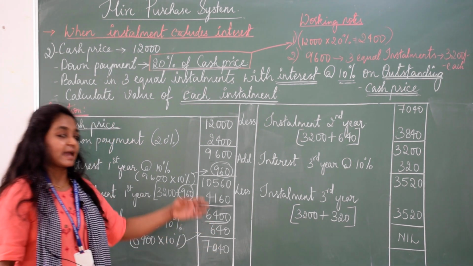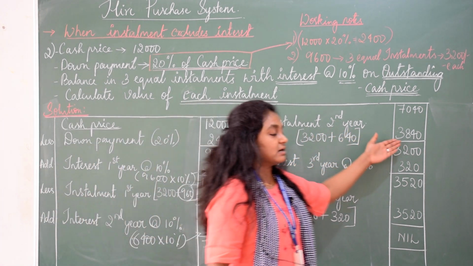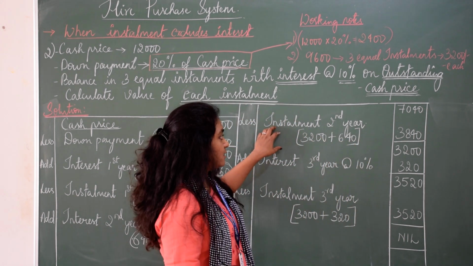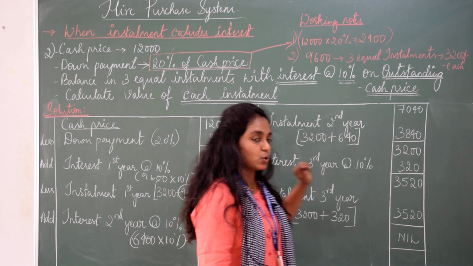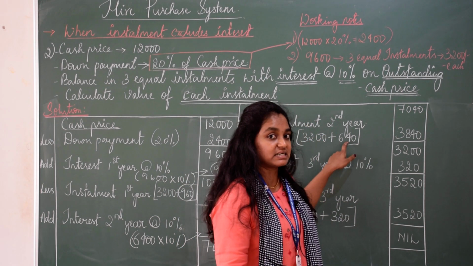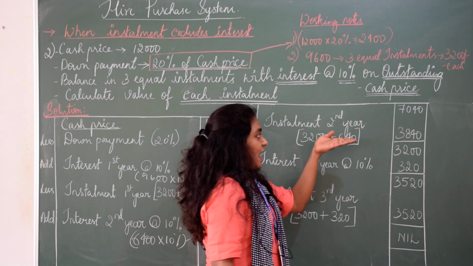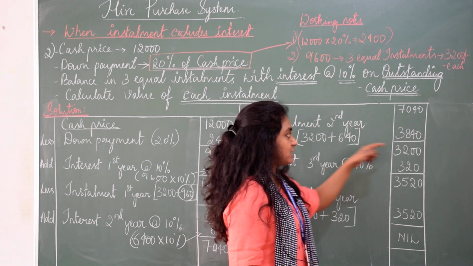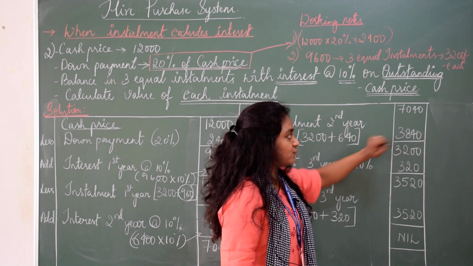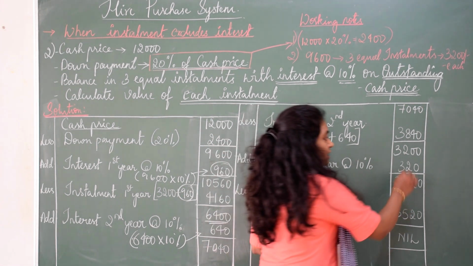Now on this again we have to take the installment plus interest amount and then minus it from the outstanding value. So in the second year the installment will be 3,200, but to that 3,200 we are supposed to add the interest, as it is exclusive of interest adjustment. So this is purely the principal amount and we are adding the interest, both put together we are amounting to 3,840. Now from the outstanding balance, remove this 3,840, you will be amounting to 3,200 in the third year.